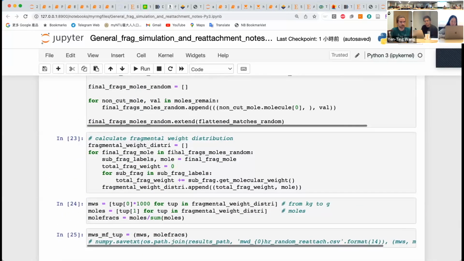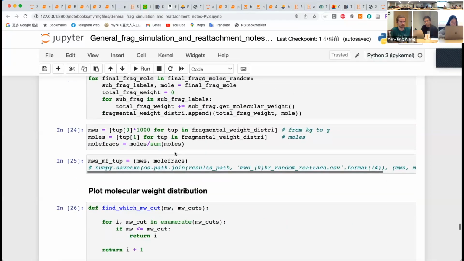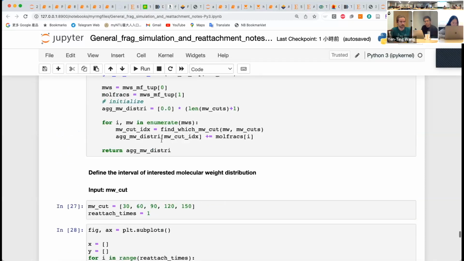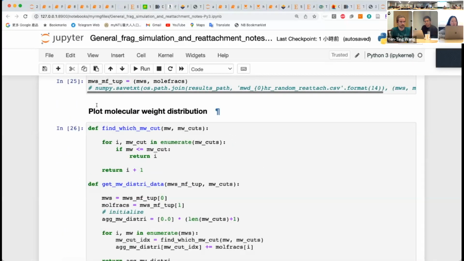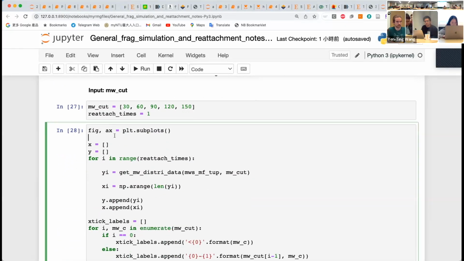So then finally we can calculate the fragment weight distribution for each single pair. And you were supposed to be able to plot the molecular weight distribution, which is shown here,